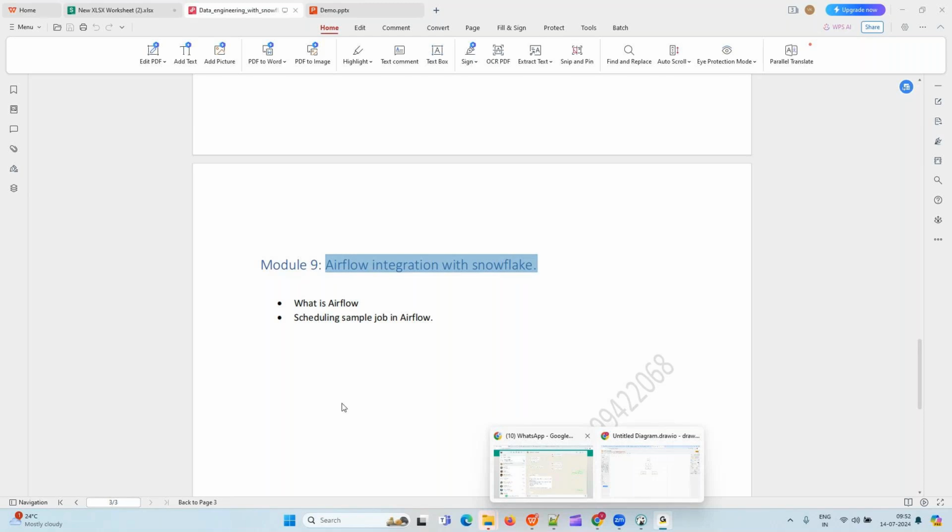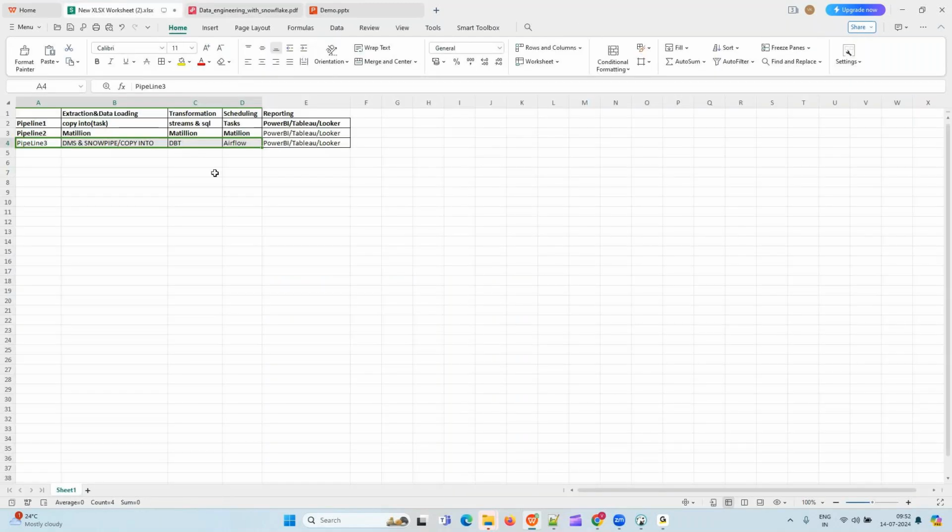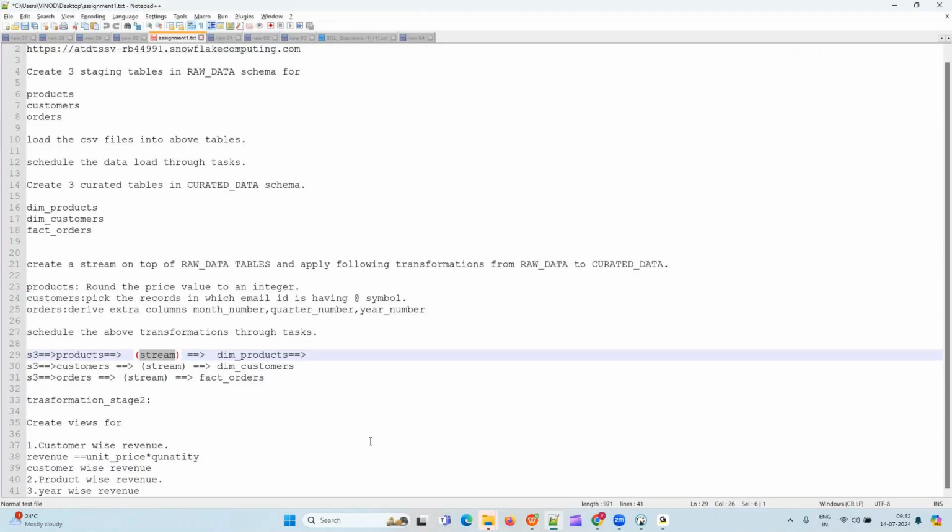Kumar, you have some question? You have raised your hand. Yeah, so you just mentioned that you are going to build one pipeline with Snowflake and Matillion and another pipeline with DBT and Snowflake, right? Correct. In each pipeline, are you going to cover any SCD types, or is it just one-to-one, take the data from the source and then just insert into the target? So my question is like this.